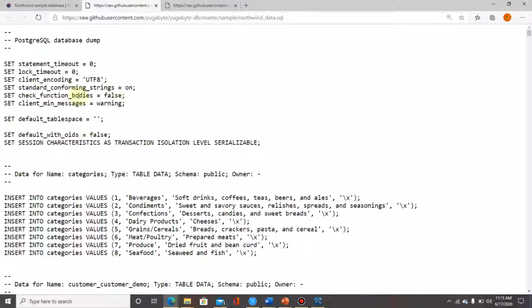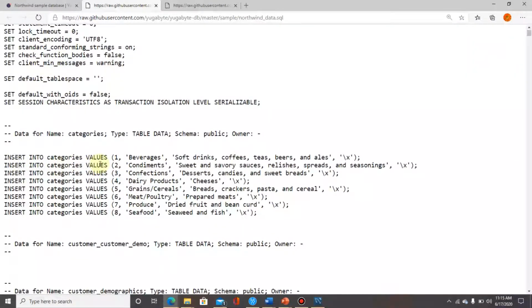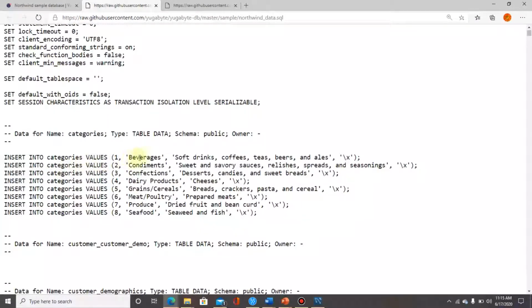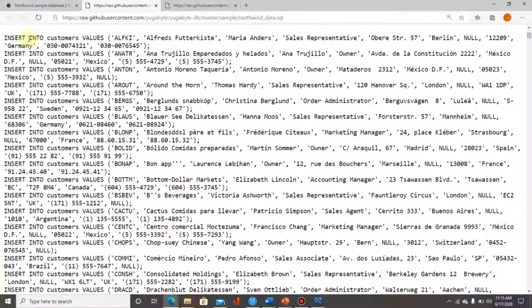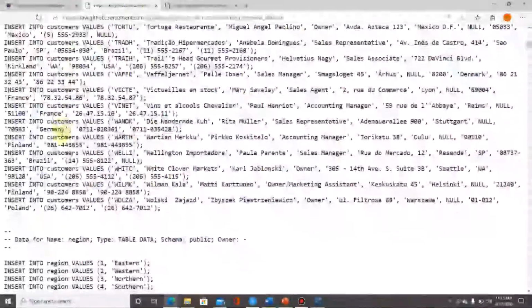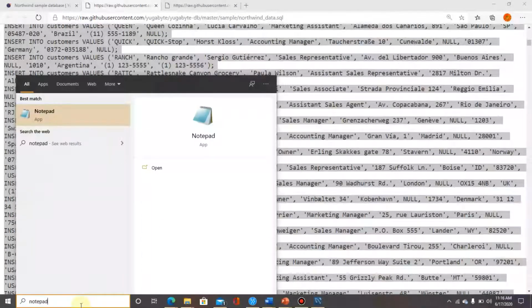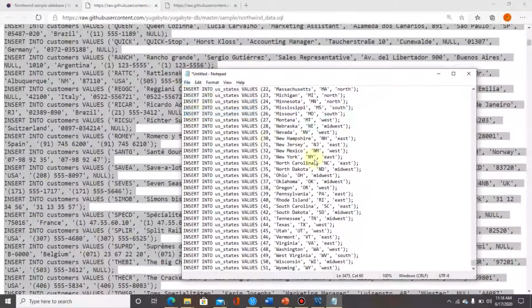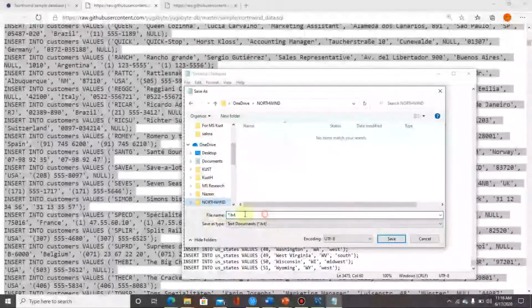Similarly you can save this second file, and here in this file we have insert statements for different tables and values. If you look into these statements, we are going to insert some values into categories table. Similarly we have many other insert statements for some tables in this database. Control A, select all these and copy, and then open a notepad, paste,